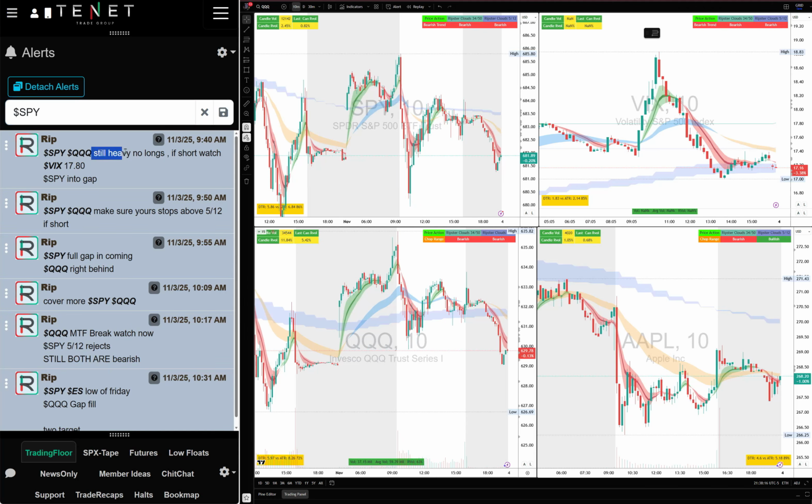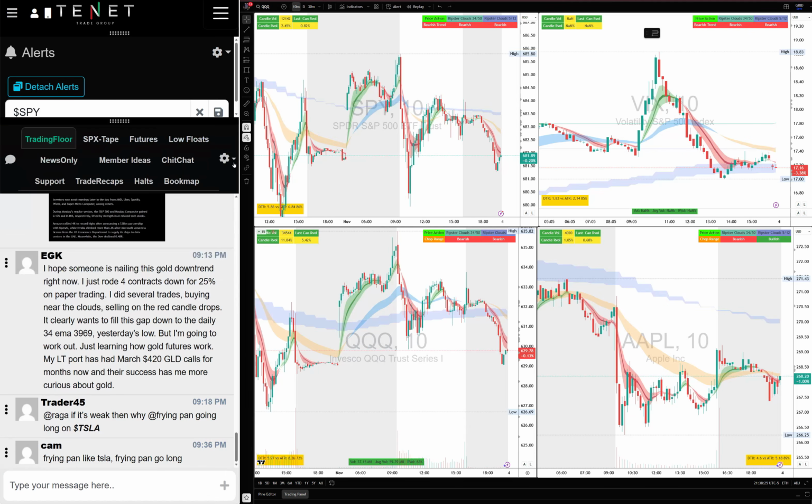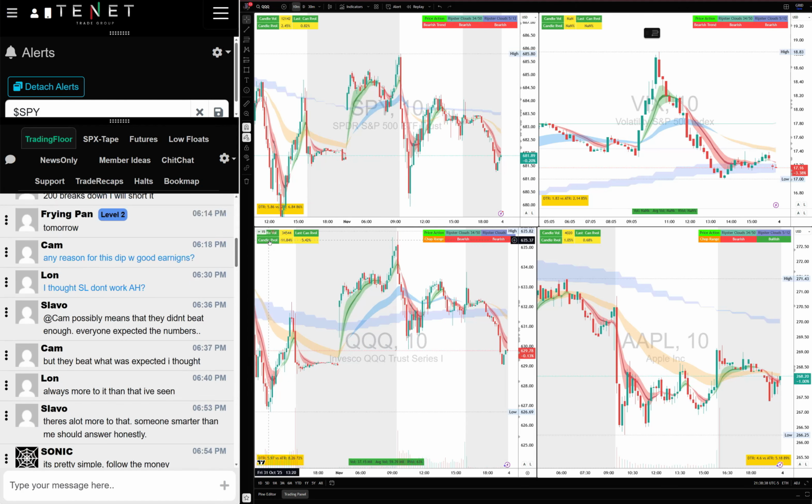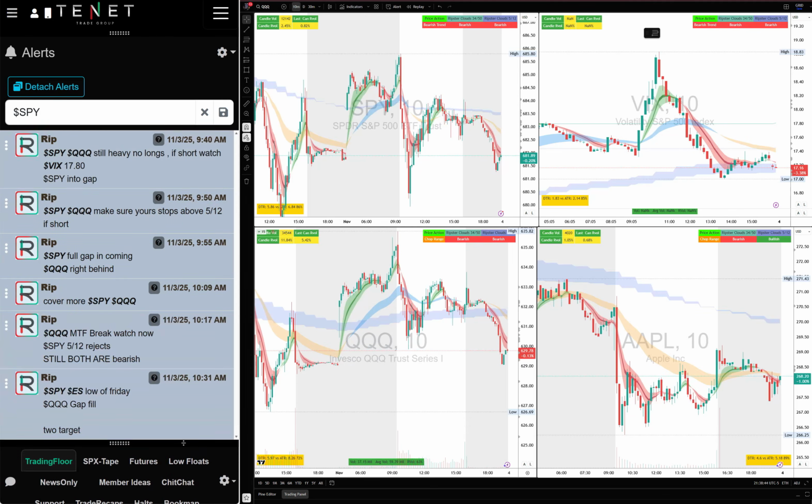You can see that I told the traders heavy, no long, short, watch VIX, make sure your stops are over 512s, full gap fill as a target. And we shorted a lot of stuff. When the market was dumping, we were short a lot of stuff. I already showed you a lot of short setups we did, because when the market is heavy, Bitcoin is fading, Coin is dumping, traders use that in their favor to short and make money with the short setups. So always when the market is heavy, focus on the short setups.